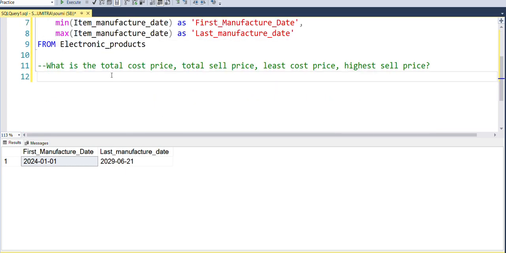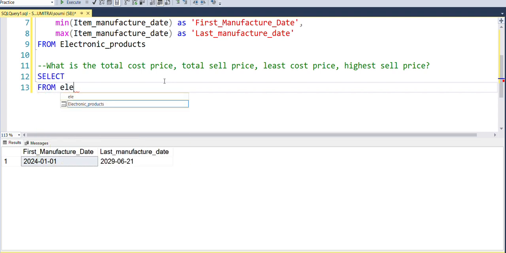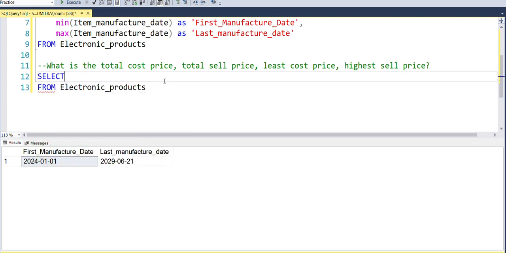Now let's answer the third question. Now what is it asking? It is asking us to find out the total cost price, the total sell price, the least cost price in the table and the highest selling price in the table. The question is straightforward and I guess if you are good with Excel, you would have guessed this also. So from electronic products table,